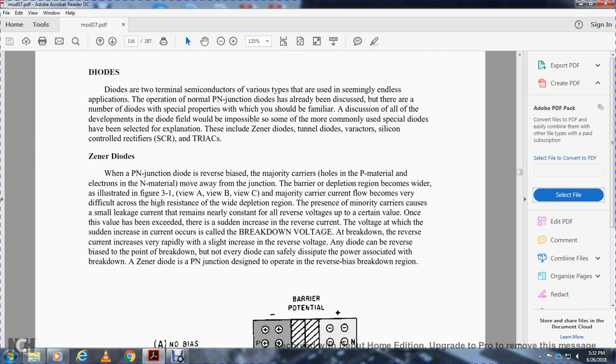Zener diode. In a positive-negative junction diode with reverse bias, the majority carriers, the holes in the positive material and electrons in the negative material, are moved away from the junction barrier. The depletion region becomes wider, as illustrated in figure 3-1, view A, view B, view C. The majority